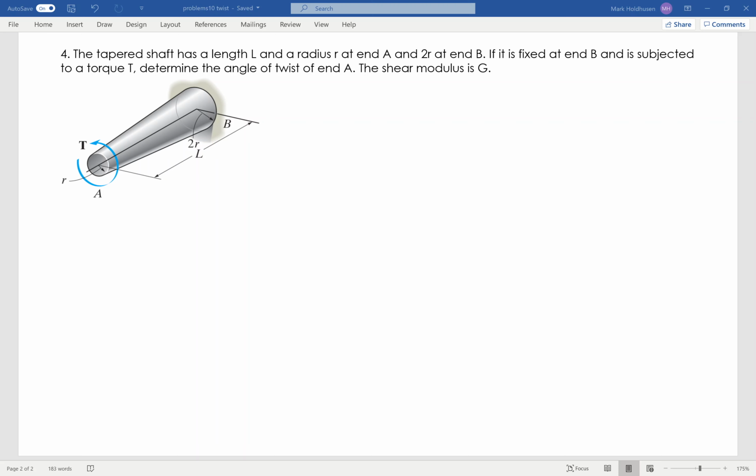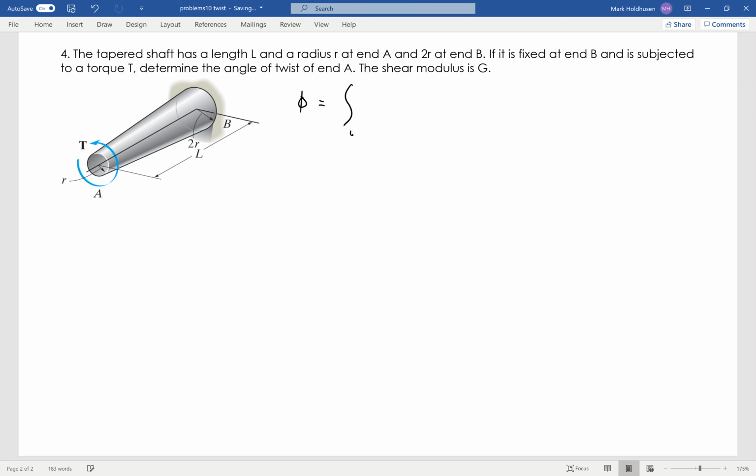Okay, on this problem, I've got a tapered shaft, length L, radius R, and all this other information. I'm trying to find the angle of twist at A of this shaft. Now, the radius changes as I go down, so I can't just use the typical TL over JG, but what I can do is use the most general form, which I'll go ahead and write down here,